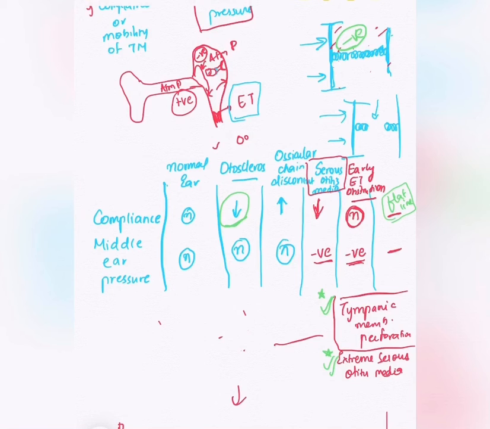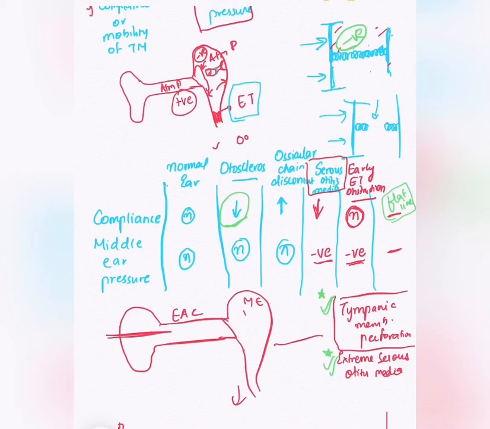Okay, so I will show you. This is your ear, this is the external auditory canal, and this is the middle ear. Fine, so you insert some tubes here and you change the pressure of the external auditory canal. By that you check the mobility of the tympanic membrane. But suppose the tympanic membrane is perforated, all the air will already pass and go through the eustachian tube, so any pressure change will not actually make any difference, because you cannot make any pressure change unless it is a closed chamber and only one input is there.